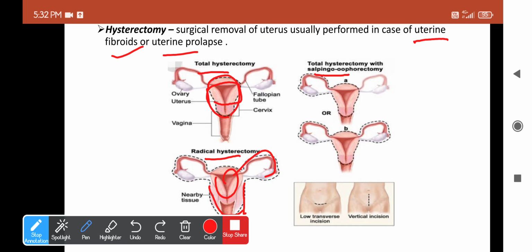And as I mentioned before, the supports of the uterus is a very important part where you feel quite confused, but you have to read them well and reproduce them well in the paper. Okay, so yeah, this is all about